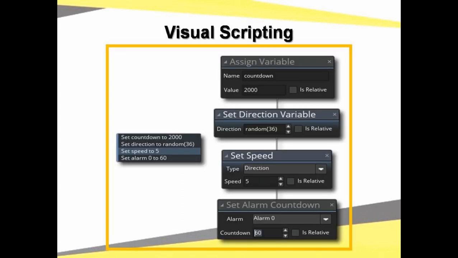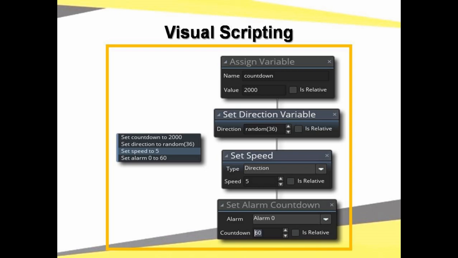So mainly, as you can see here, for example, on the right side, you can see that I have assigned a variable, set a direction for a variable, set the speed of the object, and then set an alarm countdown. What happens is, of all the values that are indicated and provided for each one of these events on the right side, you can see now on the Game Maker version 2 the outline or individual outline along with the values of the things that you have made under the object